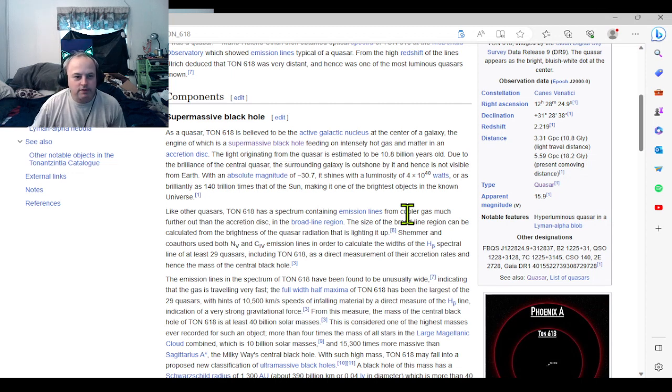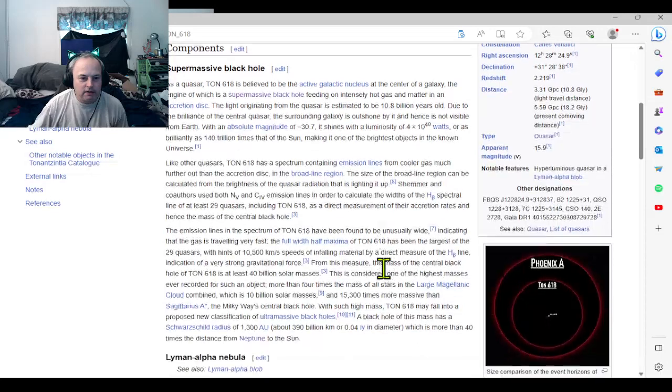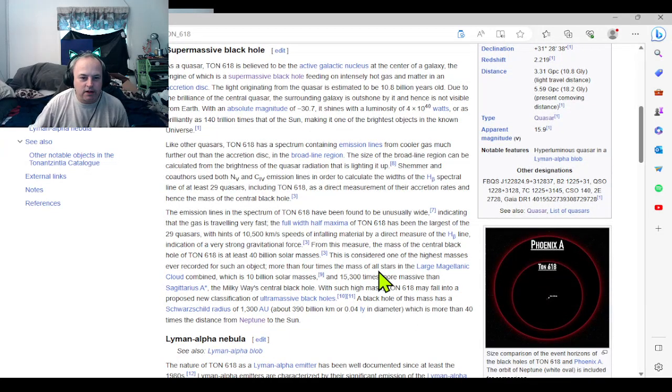Due to the brilliance of the quasar, it's the brightest object in the known universe. 140 trillion, so yeah, that's a star. It's a quasar. Like other ones, the spectrum contains emission lines from cooler gas. The size of the broad line. I'm still looking for anything that would give some kind of evidence that